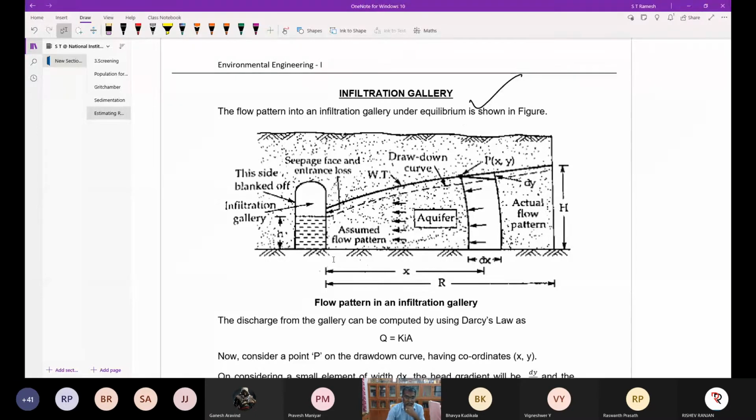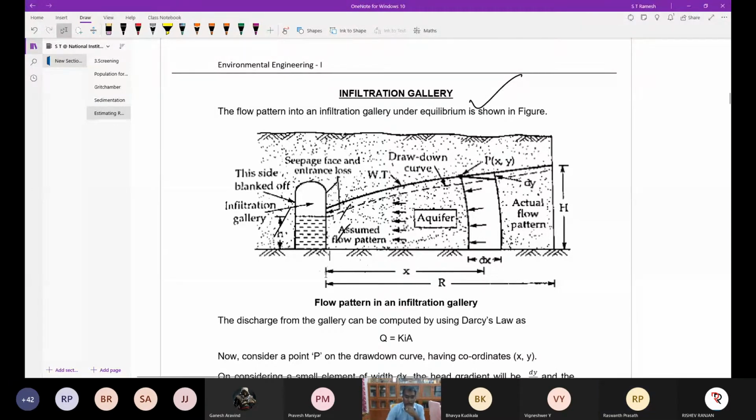So this we have discussed in the last class, right? That's a theory. Sir, it is a tunnel which is constructed. Yeah, a tunnel-like structure, which is also constructed by brick masonry, where you can tap water. That is very simple. Am I right? Yes, sir.